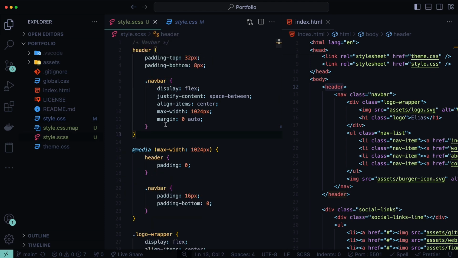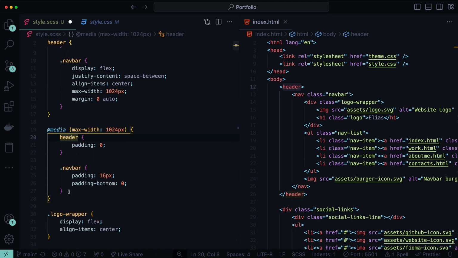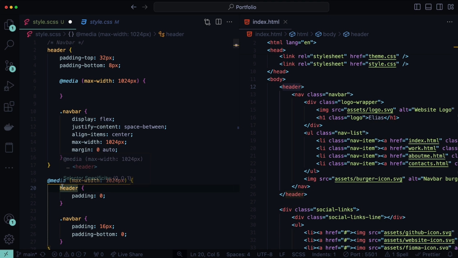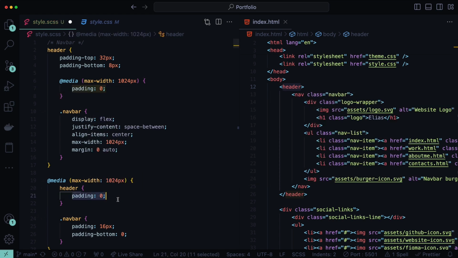But in this Sass file, we have a more convenient way of writing this, which is navbar inside of the header. Next, you can see we have a media query here for the tablets and mobile phones. And in CSS, we used to write this separately below the header. But since we are using Sass, we can move this media query here inside of the header. And here we don't need to specify the header anymore because this media query applies to that header which is inside of it. We can just set the padding to 0 as we had it here,